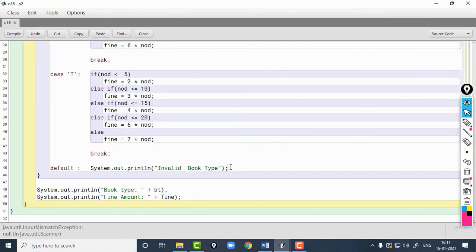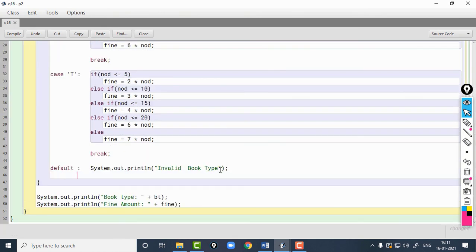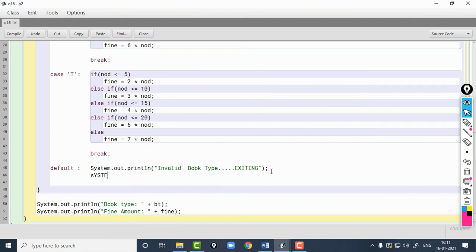So let us do it. Display invalid book type and then I am going to display exiting and I will use the System.exit function to exit.